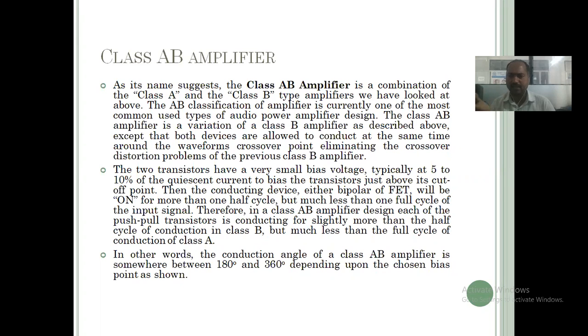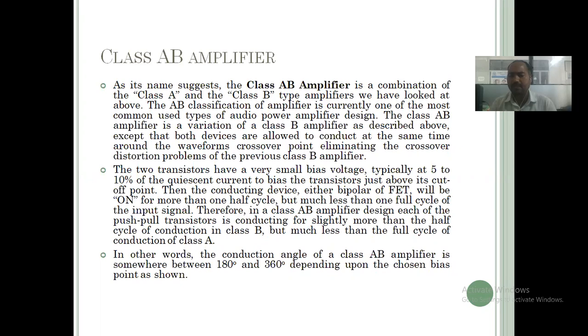So that's why we have to tell the class AB indicates that we have designed the transistor in such a way that it eliminates the crossover distortion. Crossover distortion indicates that it doesn't get any voice or anything with respect to this type of configuration. Actually, it is an amplifier. Amplifier indicates that it also amplifies the voice. Okay, see, class AB amplifier is designed in such a way that